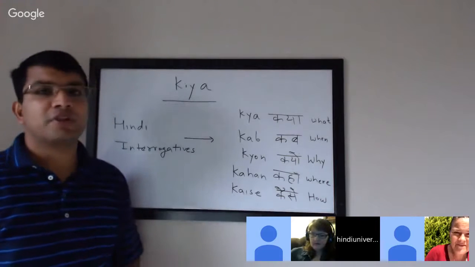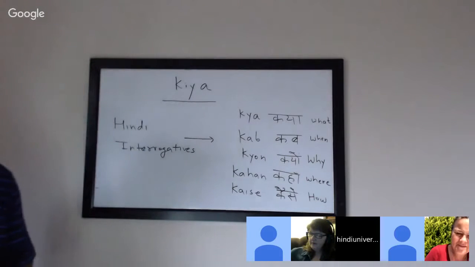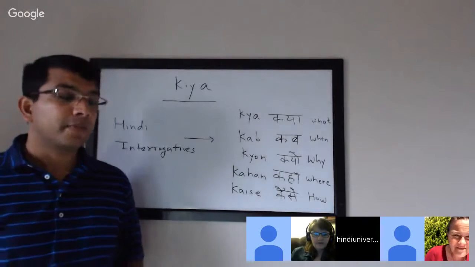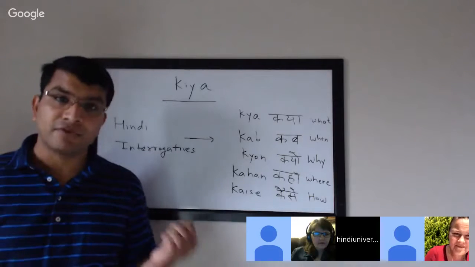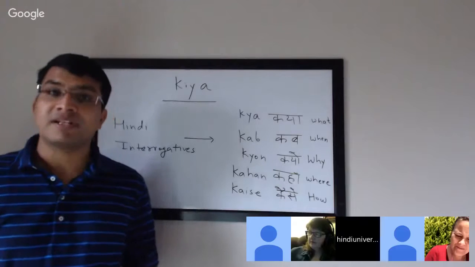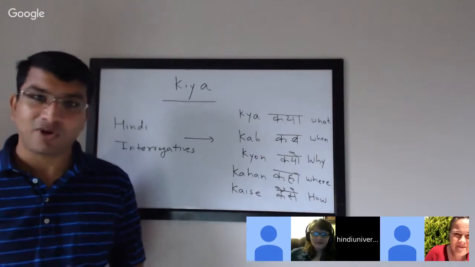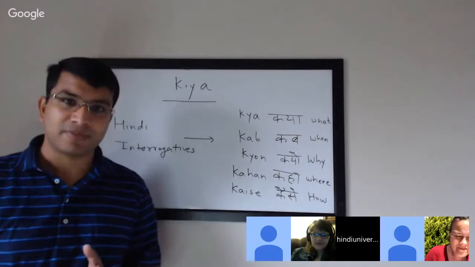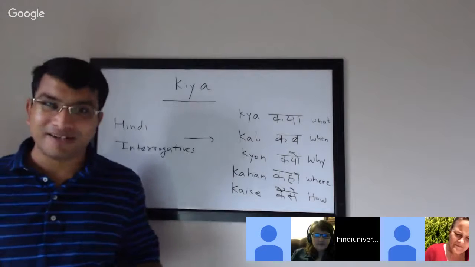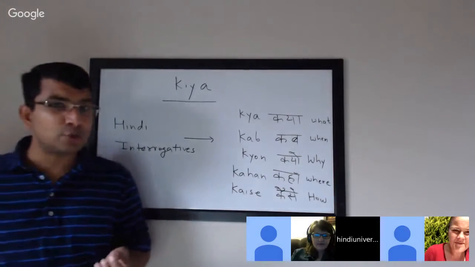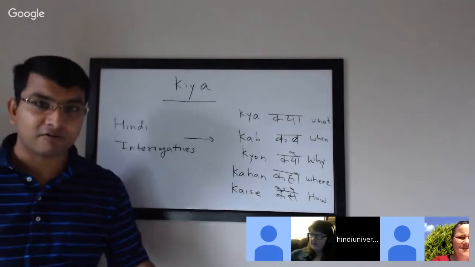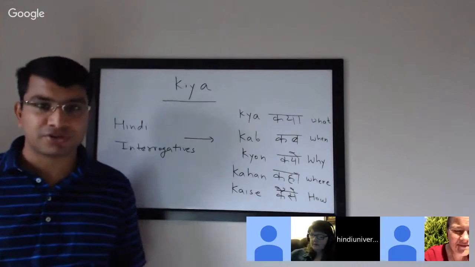Okay, so there can be many more, but I'm going to show you how to use these interrogatives with this irregular verb called karna, and how you can make many more powerful sentences. To give you a gist of it, remember when we were learning hona and we used hona in the past tense, like kya hua, what happened. Very simple sentence, only two words, but you can use that very commonly. Then kaise hua, how did it happen, or kyun hua, why did this happen. So only two words are used in the sentence, but it conveys a lot of meaning, and you can have a meaningful conversation with the person.